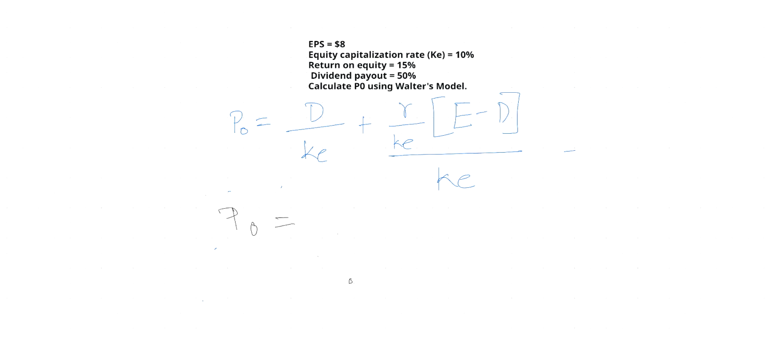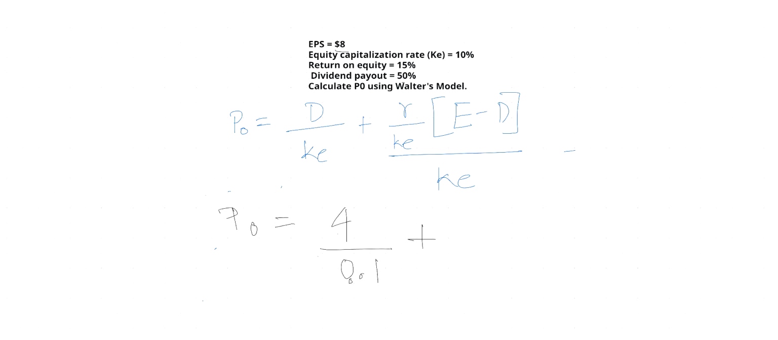Now, what is the dividend paid out by the company? Here, the earnings of the company is $8, out of which 50% is paid out as dividend by the company. So what is 50% of it? It is $4. So the company paid out a dividend of $4 divided by KE. What is the KE? Cost of equity, it is 10%. So I can write it as 0.1